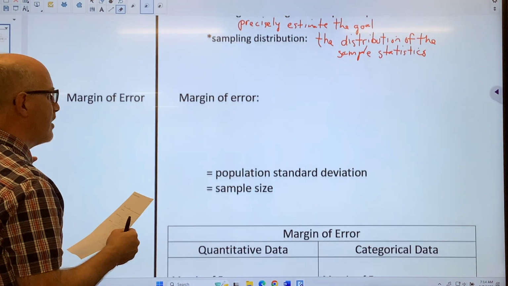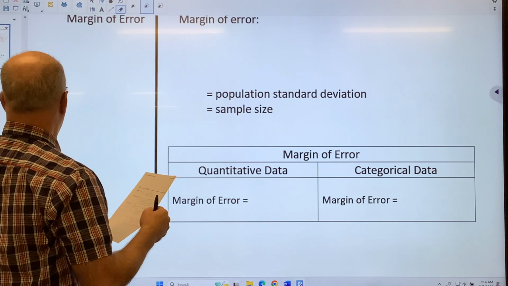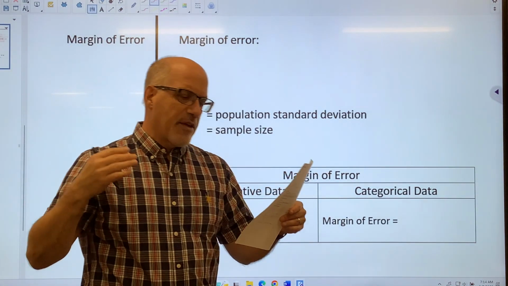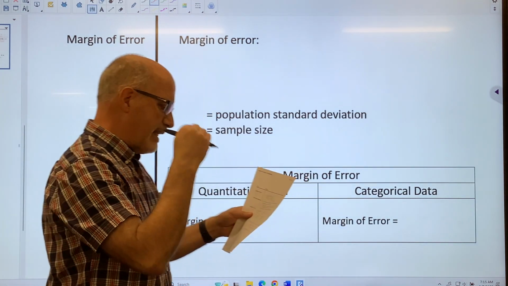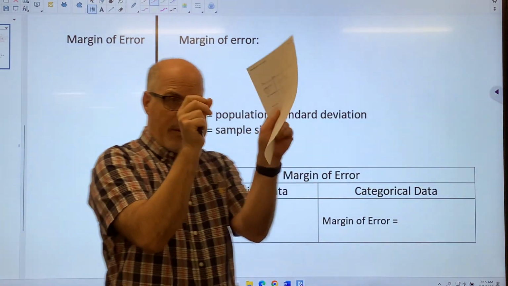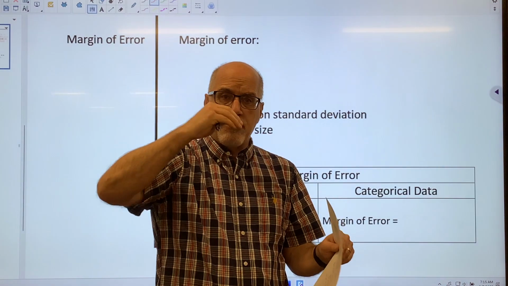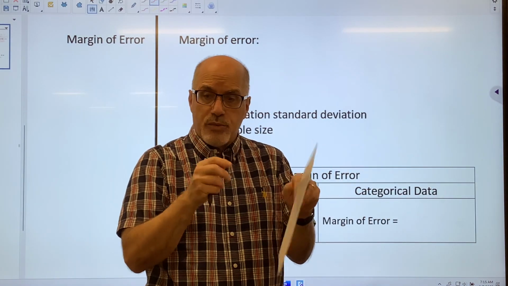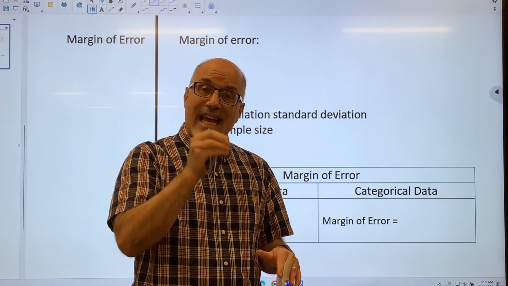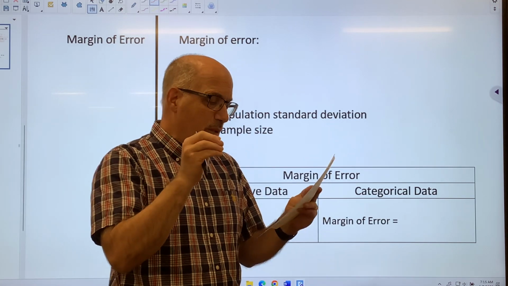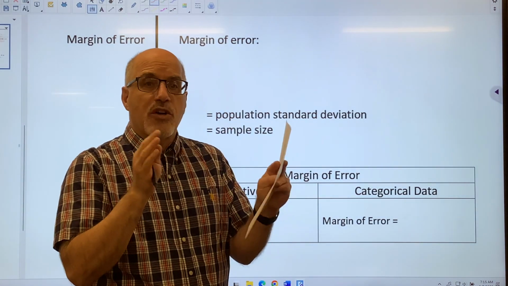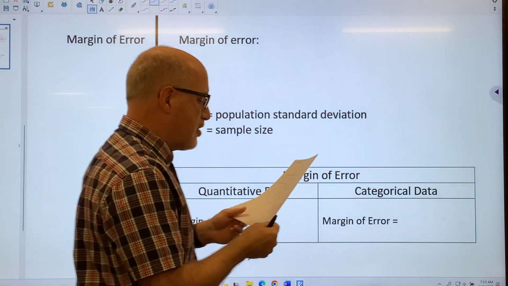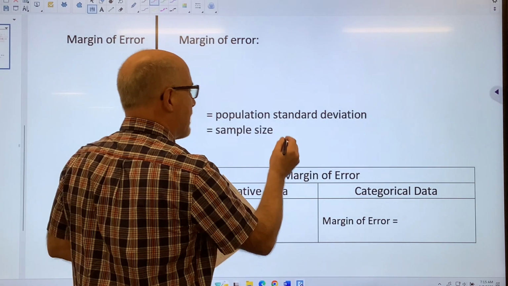Now, margin of error, the margin of error refers to the maximum expected difference between the sample result and the population parameter. We have the population parameter. We want to find that number, but we usually don't find the whole population and get the exact parameter. So what we'll do is we'll sample the population, get an estimate of that parameter, and so what that does is we might have some error there. That's called margin of error. We want to reduce the error as much as possible. So the margin of error is the maximum expected difference